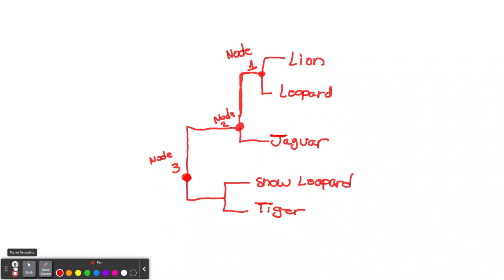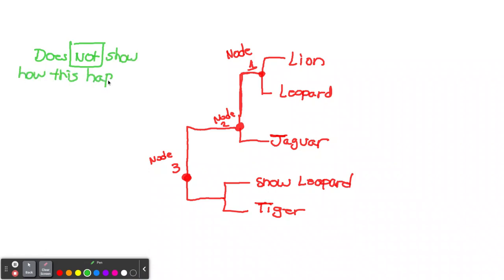Now, what these phylogenetic trees do not show is how this happened. That's one thing we should know. Let's put some of the things that it does not show. It does not show how this happened. And we do not know, although we could find out perhaps in the future,